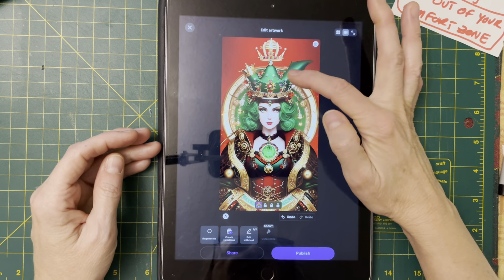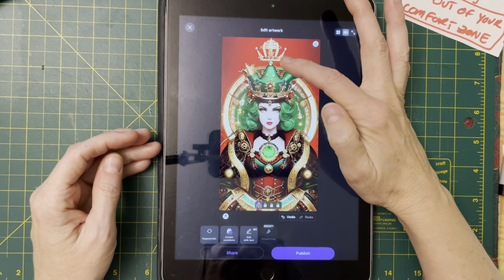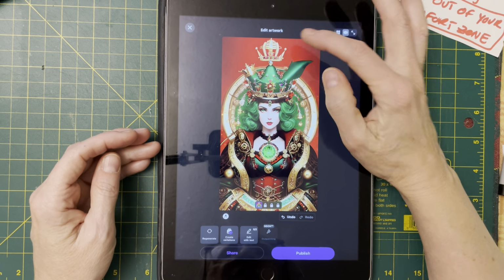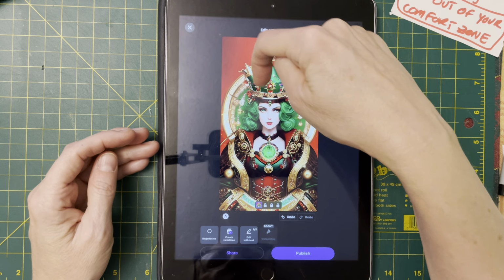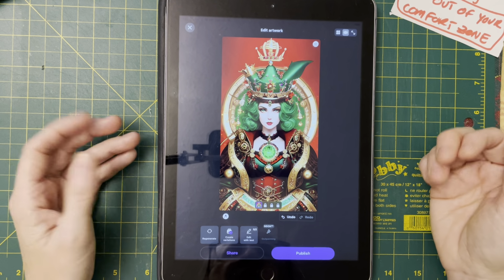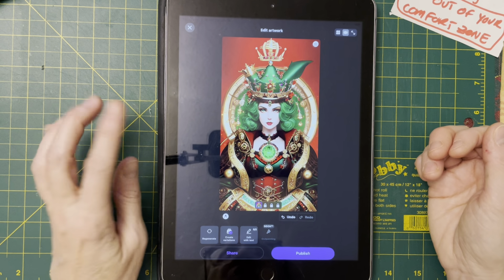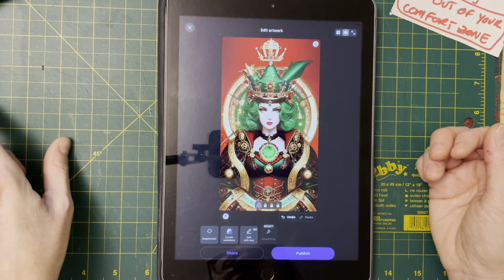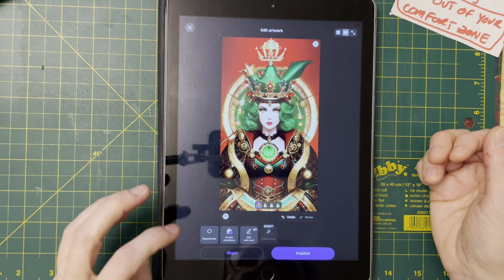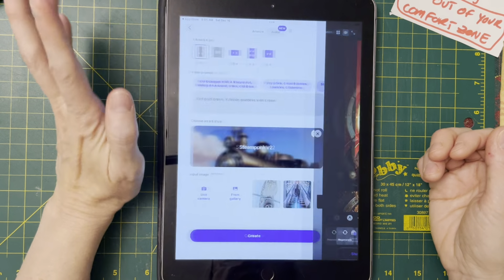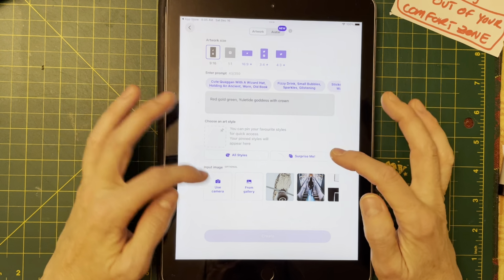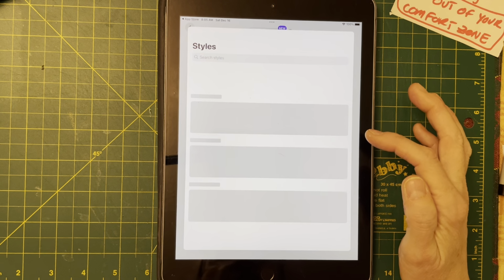Absolutely ridiculous. It's like the floof here, there's something there, that's fabric, there's metal on top of it, and then the crown is on one of these floofs. But I love her green hair. You could probably go back to the prompt list and go, comma, green hair. Okay, so we've done that one, steampunk. What other styles do we want? Let's try